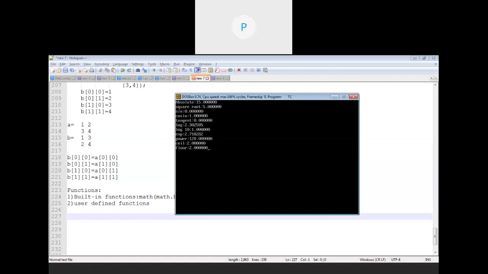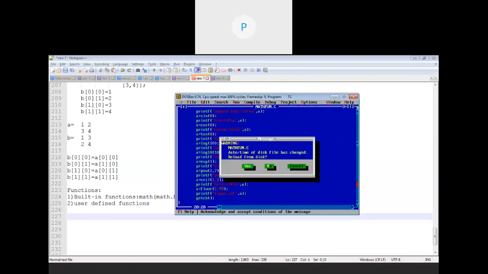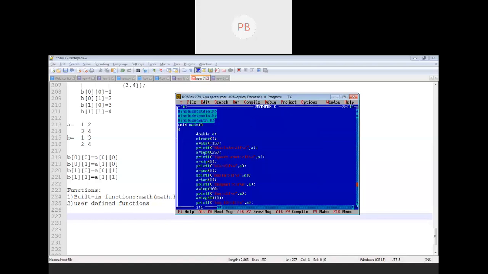Then as I said, in case of ceiling, even if I have written 1.1, it returns 2, means it will display the value as 2. And in case of floor, even if I have written 2.99, still it returns the value as what? 2. Okay. So this is how the math functions are implemented. These are used generally for performing some kind of mathematical code implementation. Okay. Then these functions are useful.